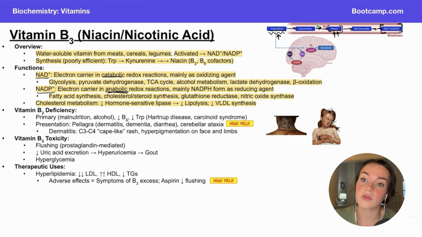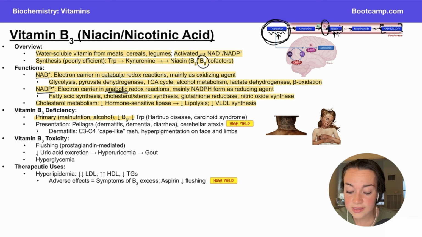You can get vitamin B3 deficiency in a couple ways. Either a primary deficiency through decreased intake in cases of malnutrition or alcohol use. A vitamin B6 deficiency can also cause a niacin deficiency, because like we said, vitamin B6 is implicated in the synthesis of niacin in the body. And then similarly, disrupting the niacin synthesis pathway would be a tryptophan deficiency. Things like Hartnup disease or carcinoid syndrome. If you need a review on the pathophys of some of those things, check out the video on tryptophan, niacin,